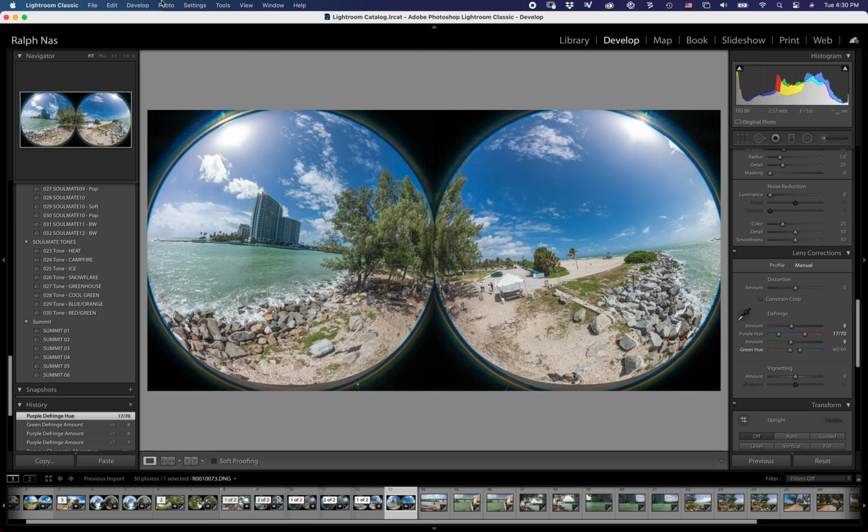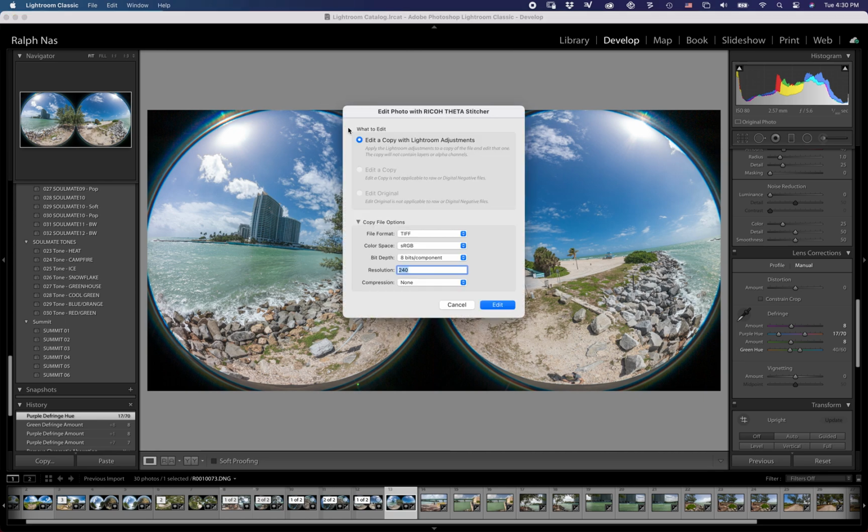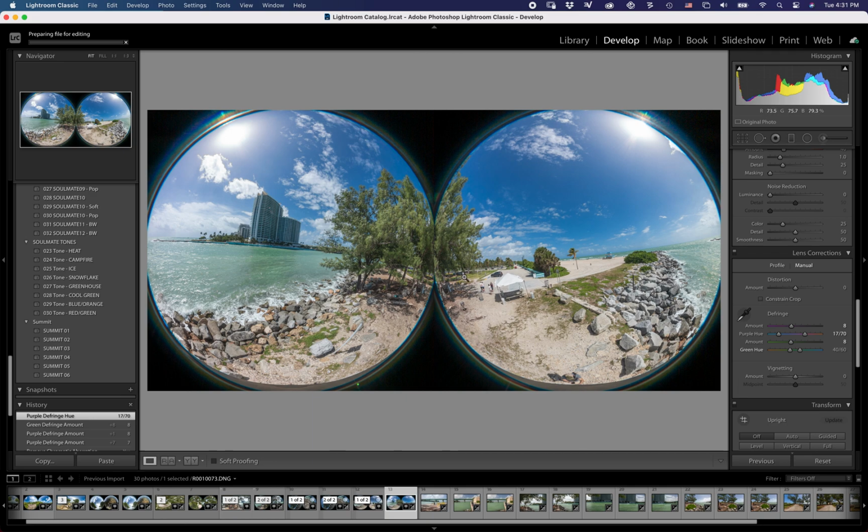Now you go to photo edit, and if you have installed the Ricoh Theta Stitcher, it shows right here, because it's an external editor. When I click here and edit in Theta, they send a copy of my Lightroom edit with these options here: TIFF, sRGB, 8 bits, 240 resolution. Click edit, and it opens in Ricoh Theta Stitcher,